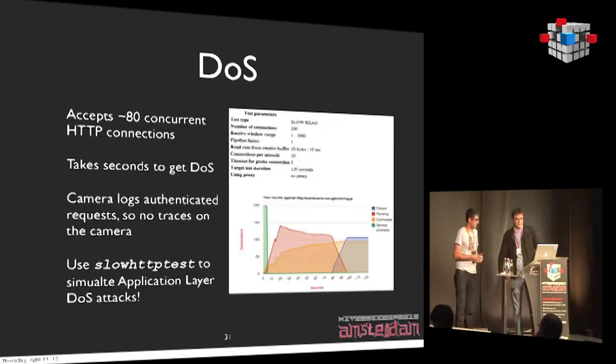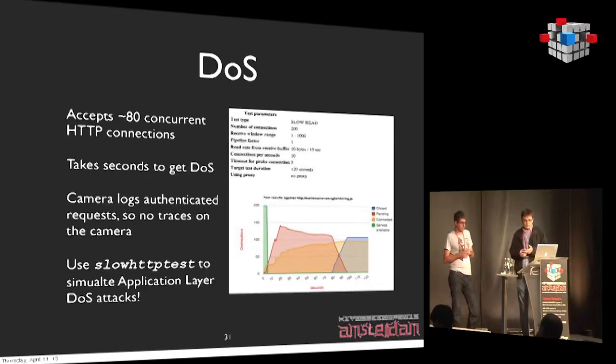And yeah, that was the demo. Some other things to consider is how the camera responds to denial of service attacks. For example, I pointed the tool I wrote, that slow HTTP test, which is actually an application layer denial of service attack simulator, just to see. Of course it's an embedded device and it's not going to handle too many connections, but yeah,